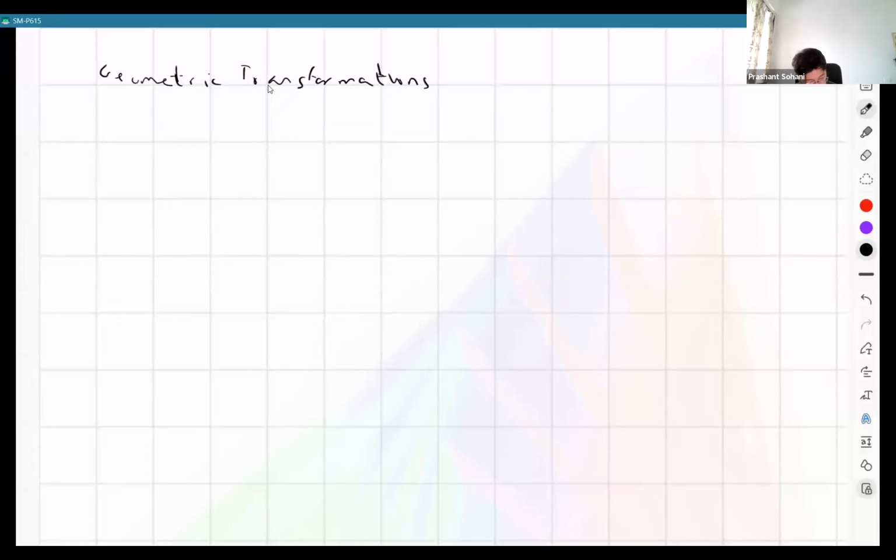First is of course the name of the transformation, for example translation. Then what are the inputs required? What is the information required to define that transformation completely? So we need to specify some vector,